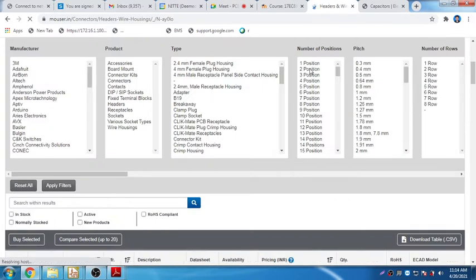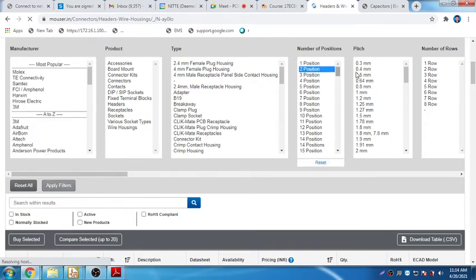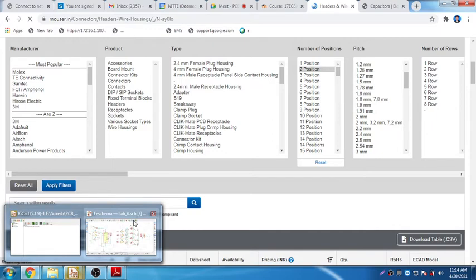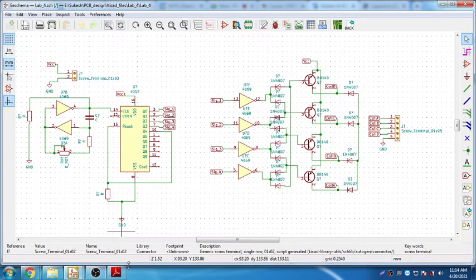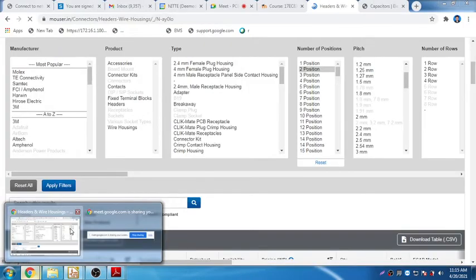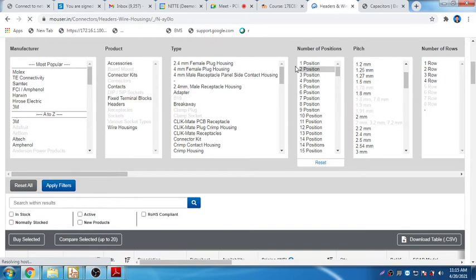Number of positions: I need 2 positions because the power line has 2 positions. So I'm going to select 2 positions. And what is the pitch width, the pitch width between the components? In the circuit diagram, this pitch I want is actually 2.54 mm. That is what I decided. You can decide even a lower pitch also. In the circuit diagram I have simply VCC and ground, so I'm going to use a connector for that. I need to decide what the pitch width is for this component. So in the search box, when you choose the position, you choose that 2. What is the pitch of the component?